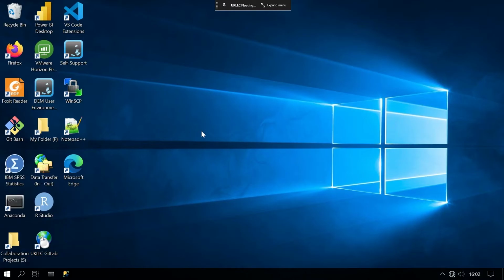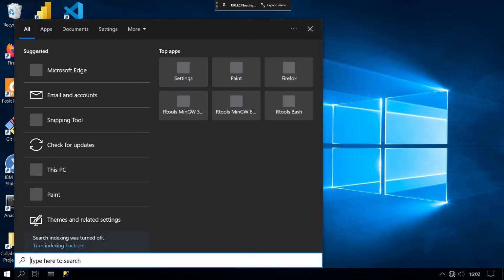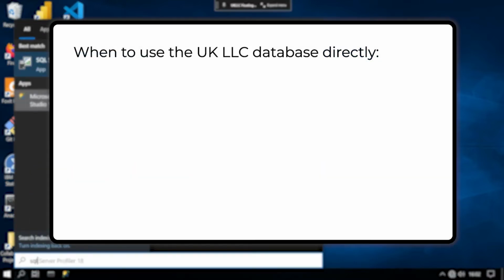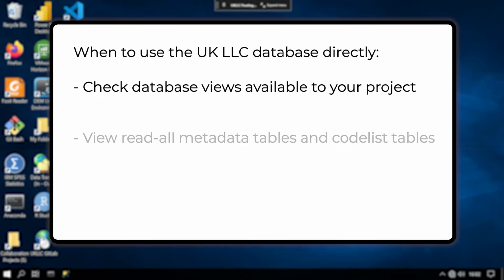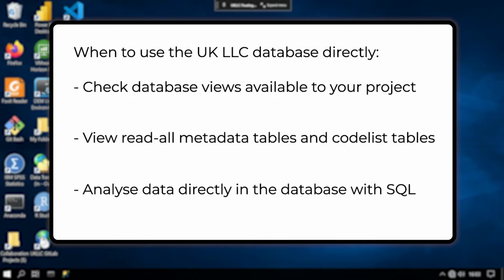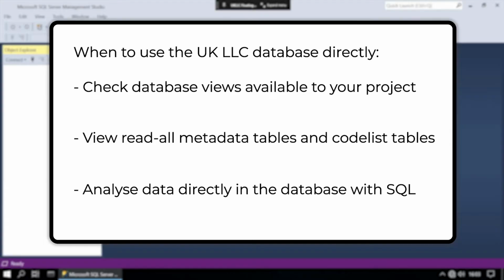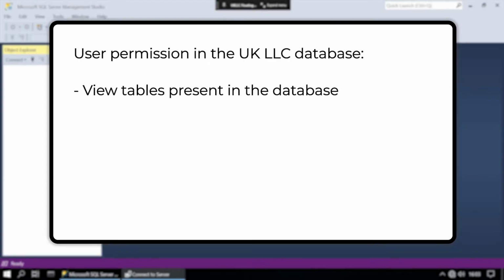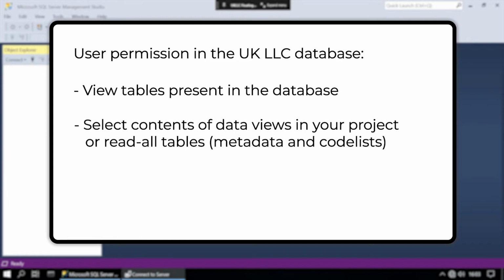You can also view the UK LLC database directly with SQL Management Studio. You may wish to do this to check the views available to your project, view metadata and codelists available across the whole LLC database, or to operate on your data directly with SQL. Note you will only have permission to inspect tables or views within the UK LLC database that have been provisioned